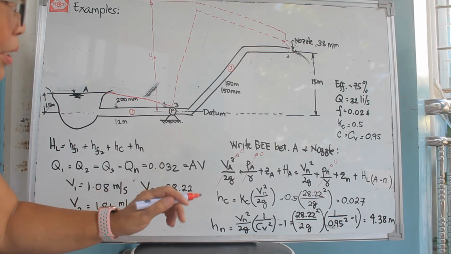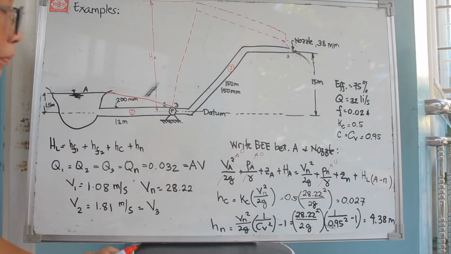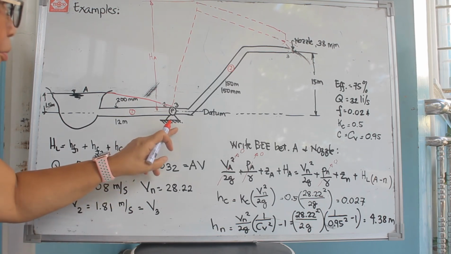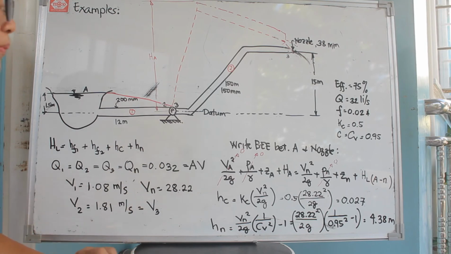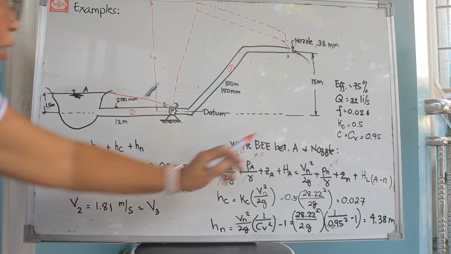So the problem here will require you to draw the energy gradient and to find the input, the horsepower input of this pump. Okay, energy input of this pump. So ito yung mga given,